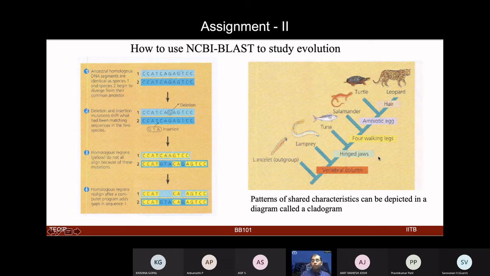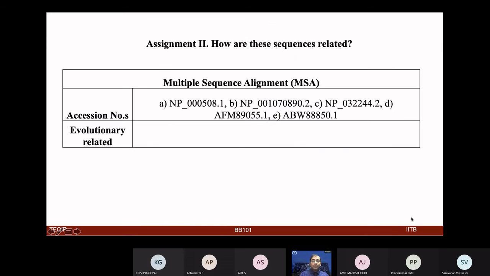BLAST is also used to look for evolutionary pattern analysis. And again, one could look at multiple sequence alignments. You found a sequence of interest: how is this sequence common in human and dinosaur and crocodile and other species? Are there certain parts which are common, or are they very, very different and unique?